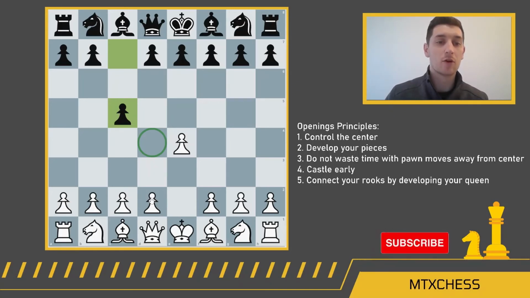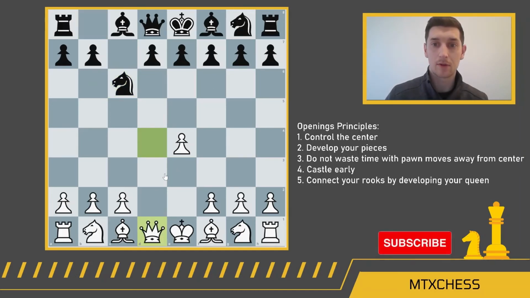This c5 move prevents white from playing, if white chooses to play d4, now what's happened is black has exchanged a flank pawn for one of white's center pawns. White, having to take back with the queen, is now going to lose a tempo on the queen, with black going to gain a tempo on the queen. If we go back,